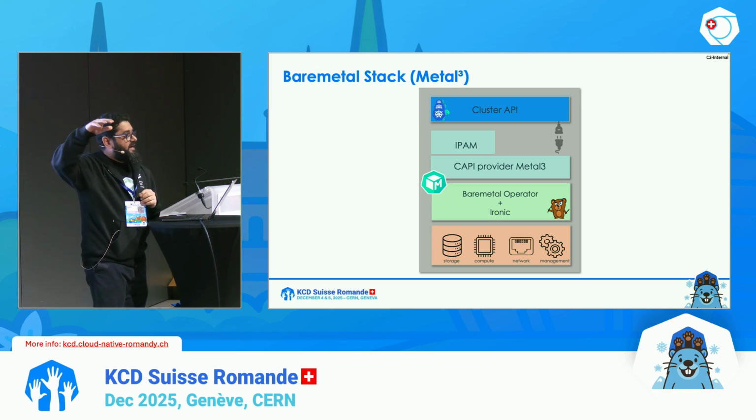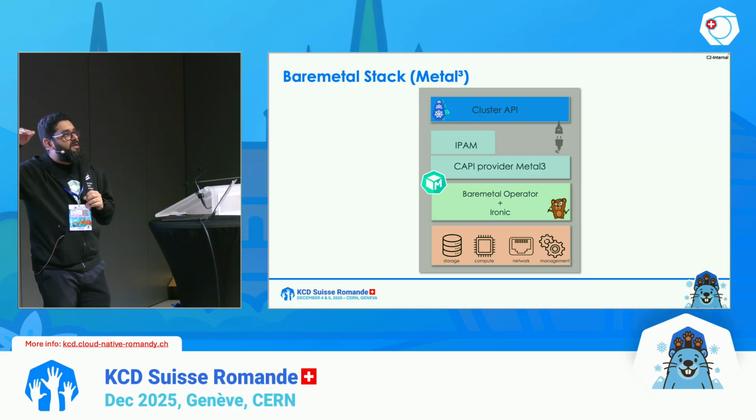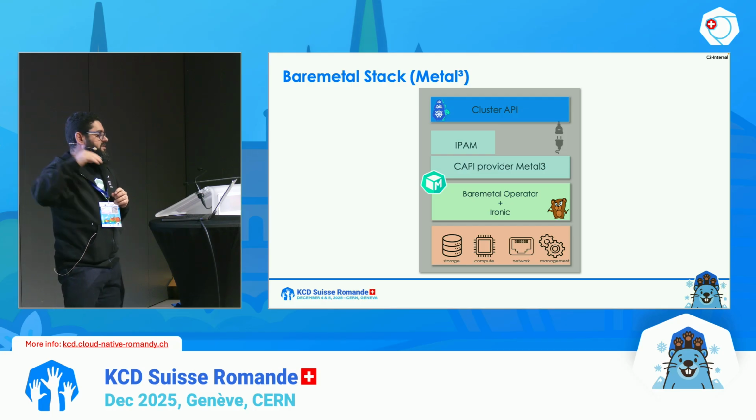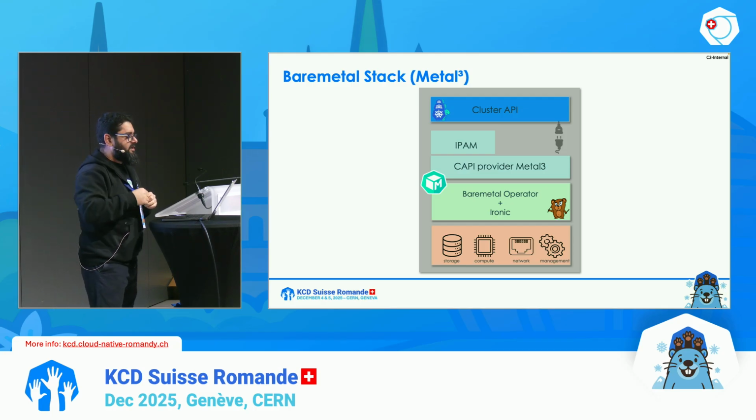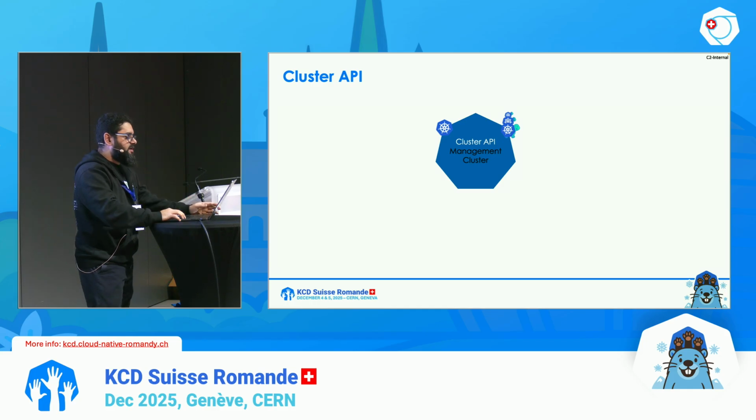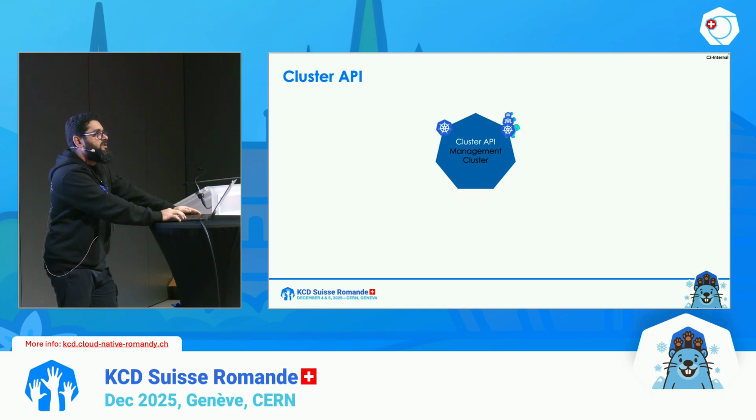And then we have a plugin for Cluster API. There is a Cluster API provider for Metal3. And then we also have an IP address manager for the static IP address management. And then, of course, at the top, we have Cluster API. So a brief word, I think most of you are already familiar with Cluster API and the power of the provider model that it has. But then again, I will just briefly introduce.